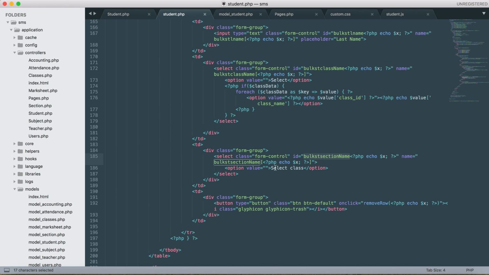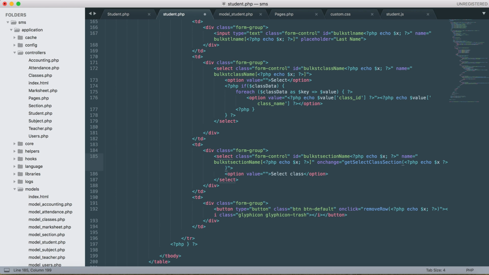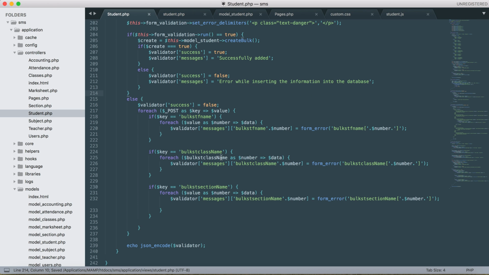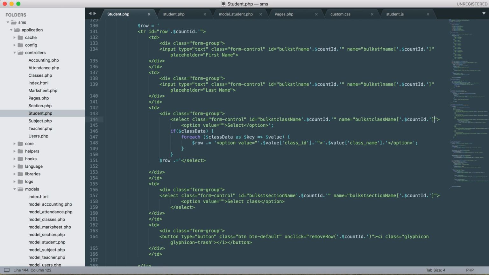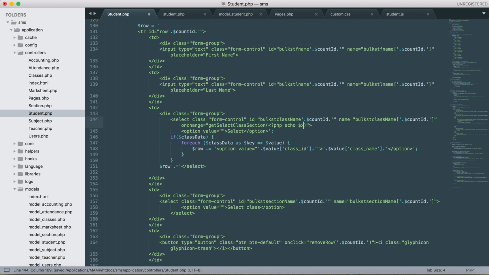So let's give the name as on change get select class section, let's give the ID. Let's create this function. Don't forget to update this in server 2. Let's update them quickly. It should be this part, right? So here, and for this we'll add the count ID. So let's copy this